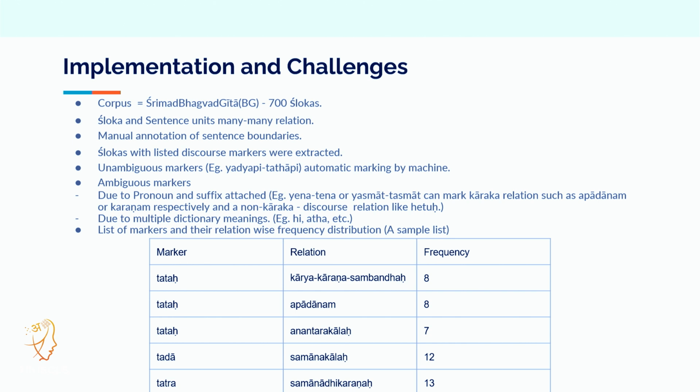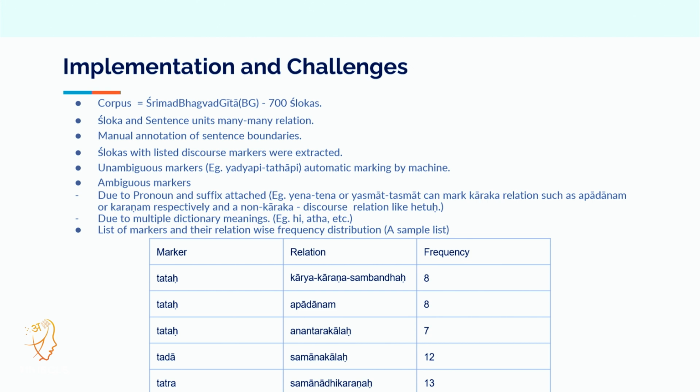So we implemented 700 shlokas from the Bhagavad Gita. All these relations were marked manually. The sentence boundary was also marked manually, and the shloka and sentence have a many-to-many relationship. So one shloka can have multiple sentences, or one sentence can be found across many shlokas. So we extracted all the discourse markers in the Bhagavad Gita, and then we took unambiguous markers such as